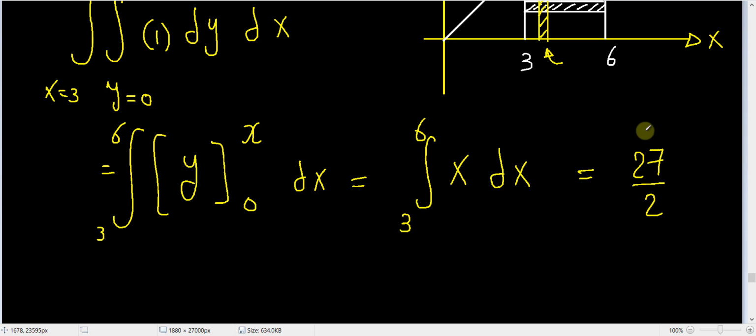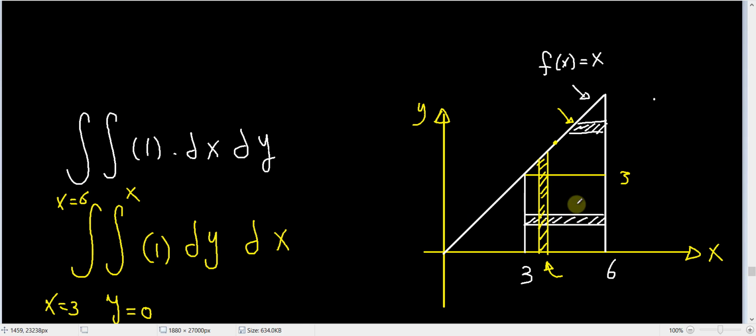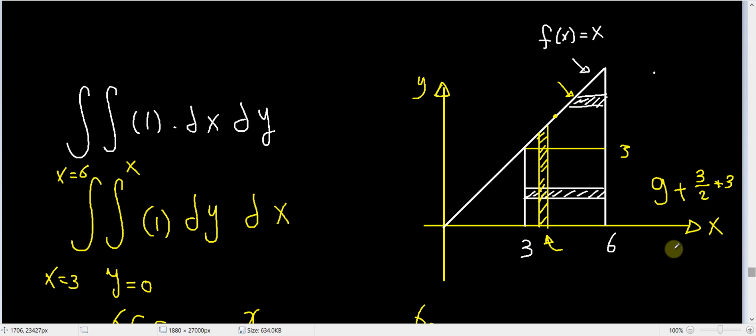Of course, this number right here is correct because we can calculate the area of this square to be 9 plus the area of this triangle to be equal to 3 over 2 multiplied by 3, which is 9 over 2. So I have 9, which is 18 over 2 plus 9 over 2, and this is really equal to 27 over